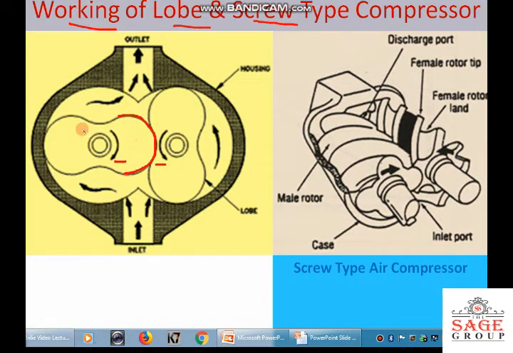So when this rotates, how does the compression of the air take place? We can understand here. You can see that when this lobe is making contact with the housing at this point and at this point, the air is trapped in this section, and when this rotates in the anti-clockwise direction, this trapped air will move from this portion to this section where it will be delivered to the receiver side. The same happens with this lobe also. One lobe has two sides, and this also has two sides.